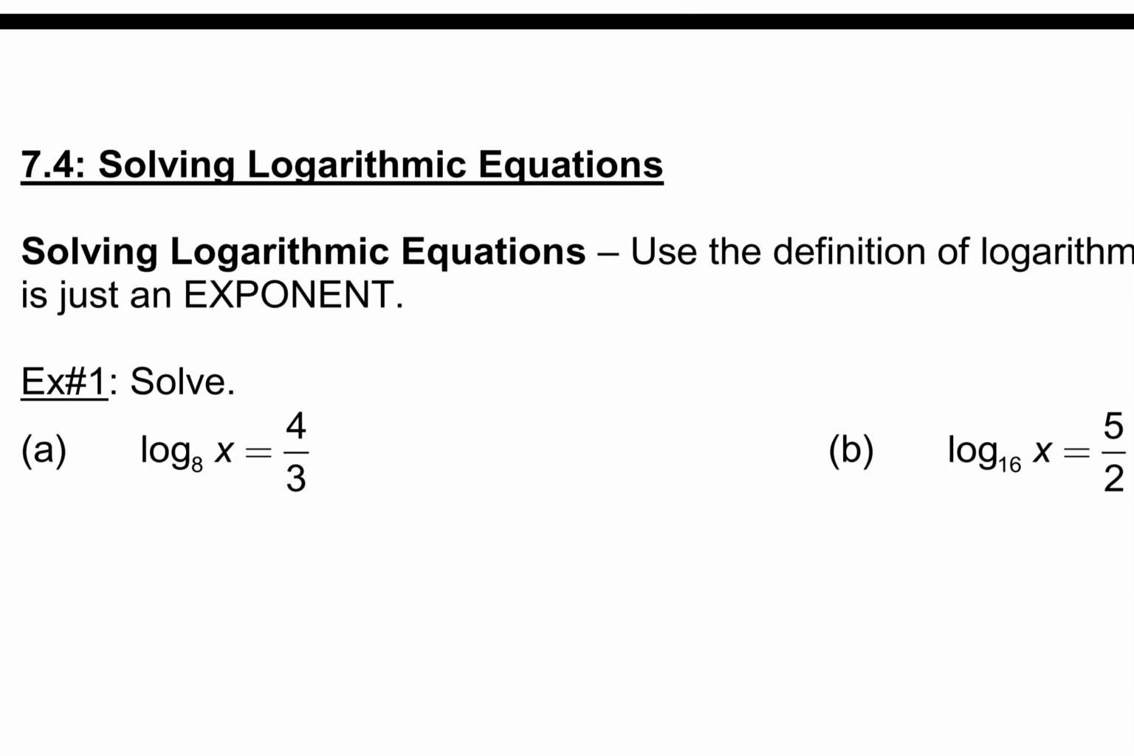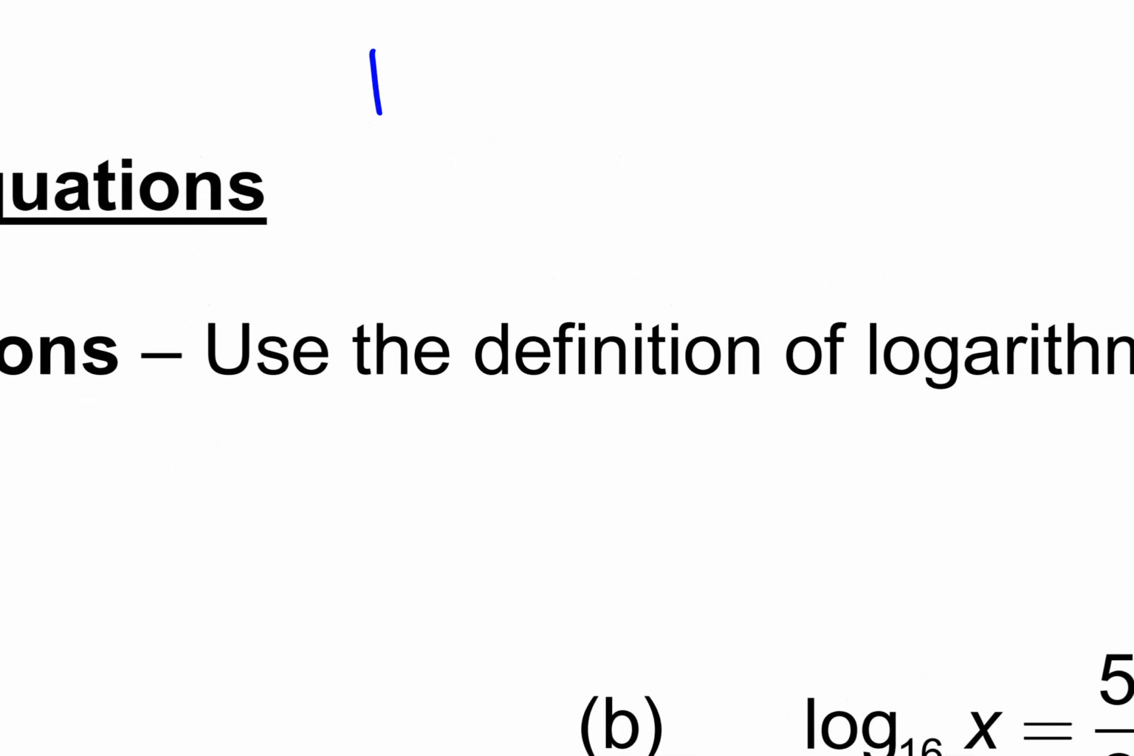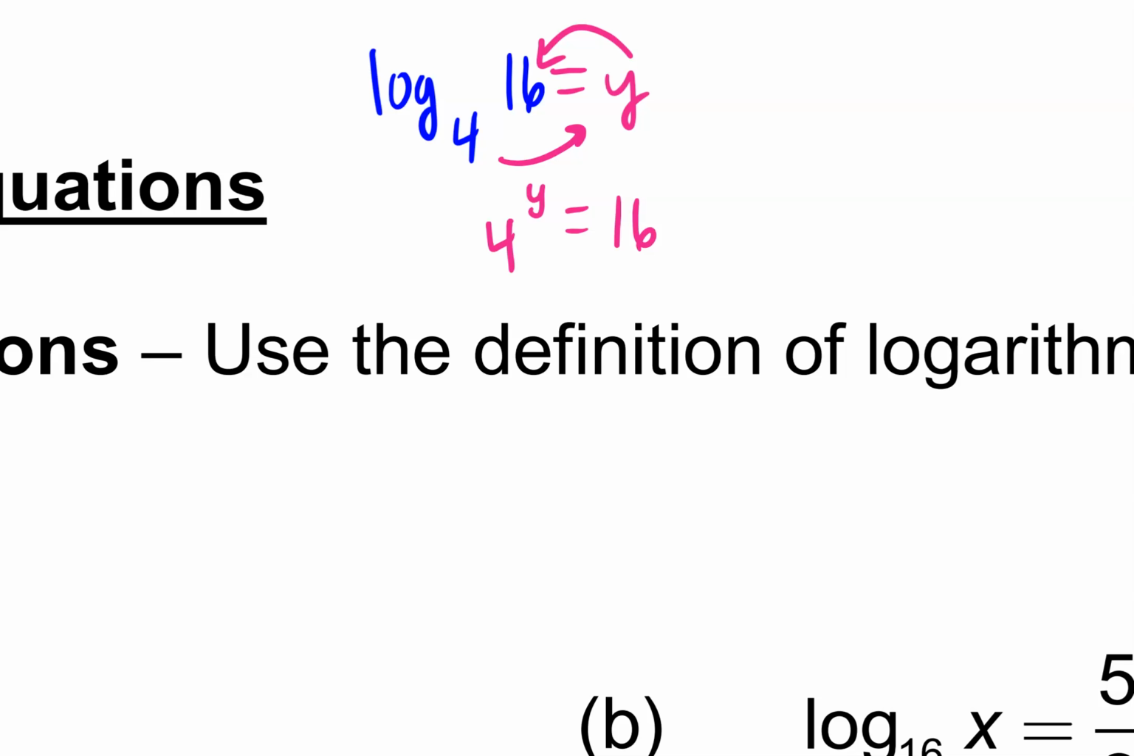Alright, so here is 7.4 part 1. Let's do a quick review. If I have something like log base 4 of 16, how would I solve it? I would say this is equal to y, so 4 to the y is equal to 16. We rewrite this as 4 to the y is equal to 4 squared. Since we have the same base, we set the exponents equal to each other, and I see y is equal